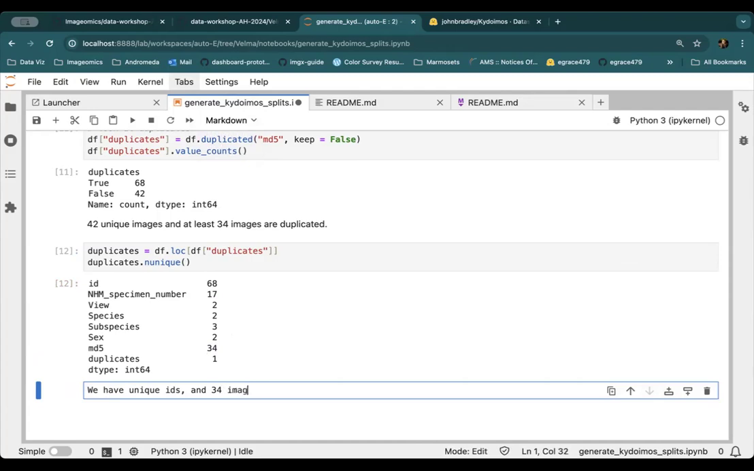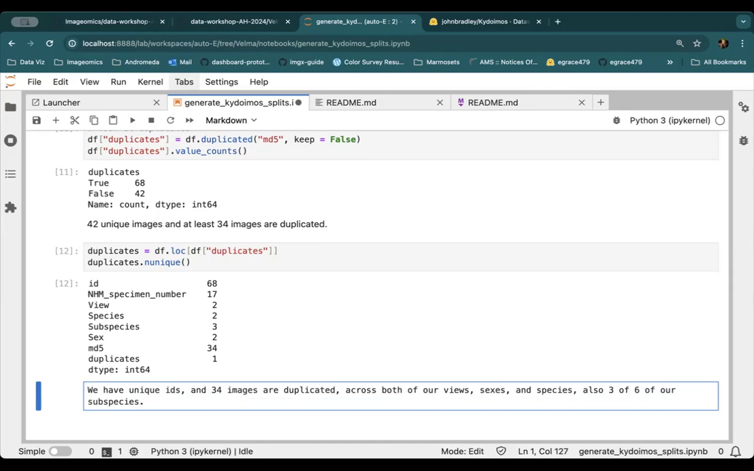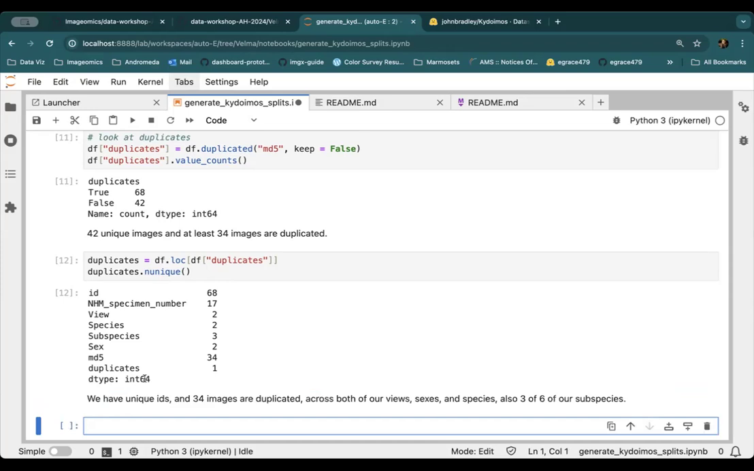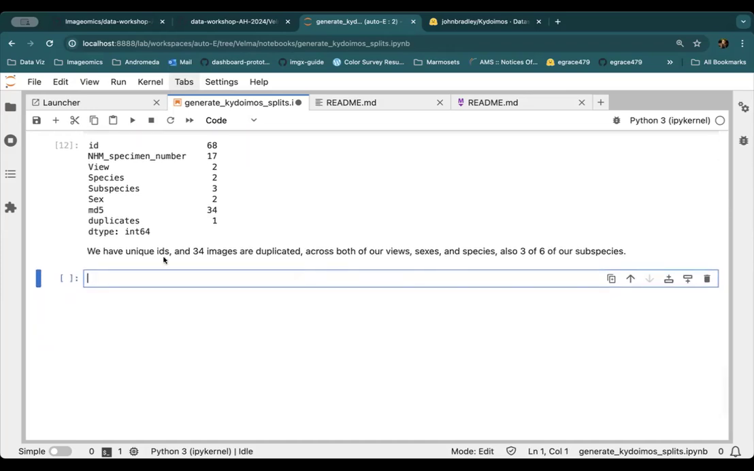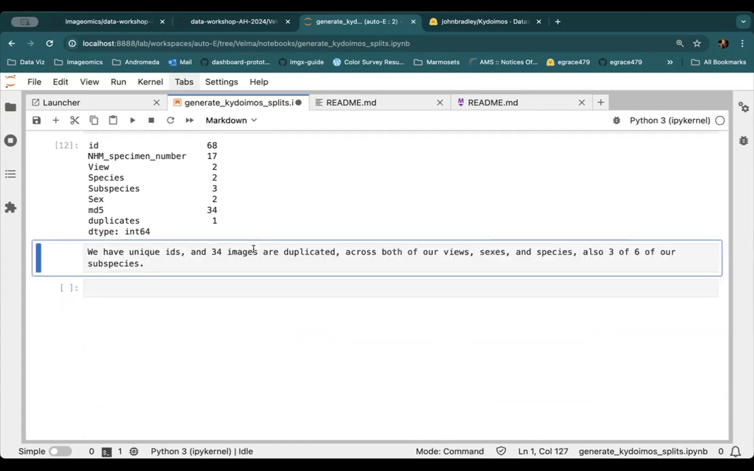And 34 images are duplicated. And that is across both of our views, sexes, and species. Also 3 of 6 of our subspecies. So we have no pattern to our duplication, but we have duplication. So now what we want to do here,